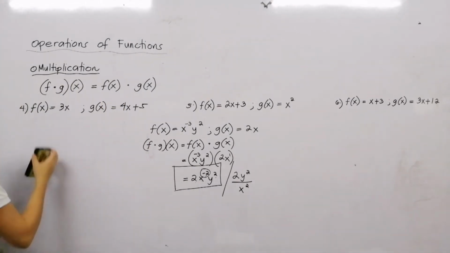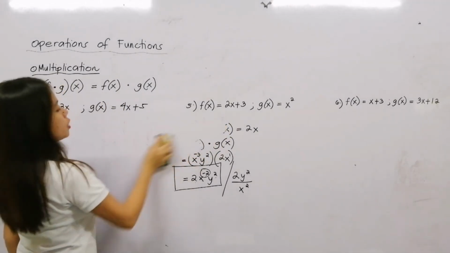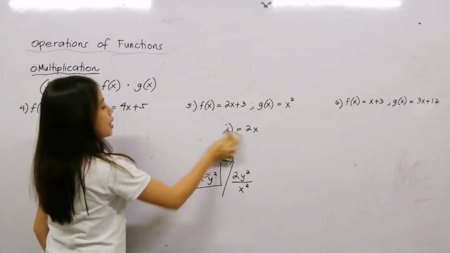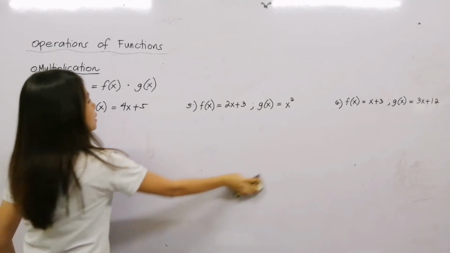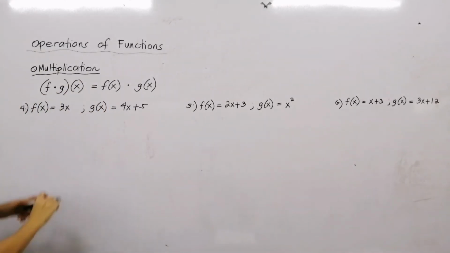Let's come now to our fourth example. Our function f is 3x. Our function g is 4x plus 5. Notation,